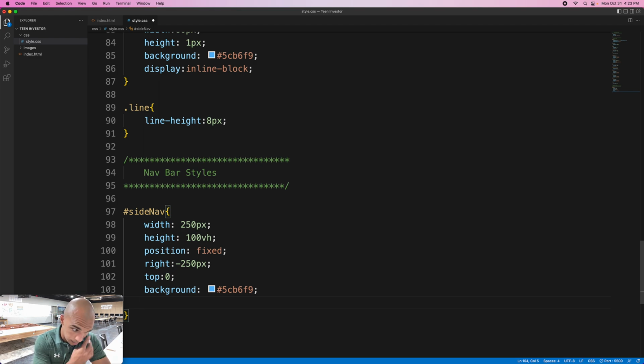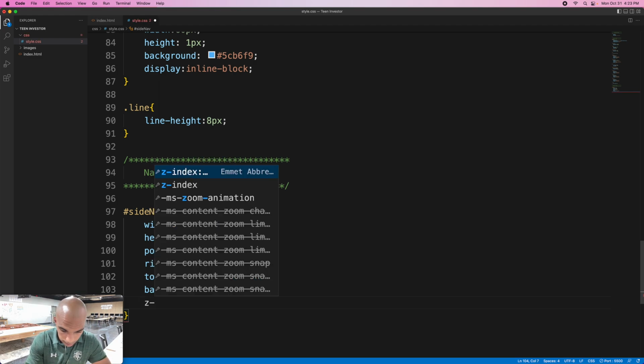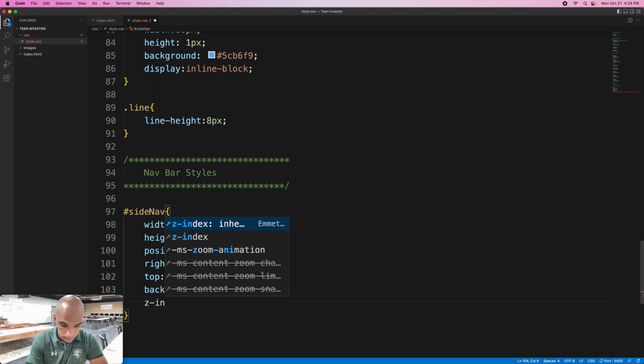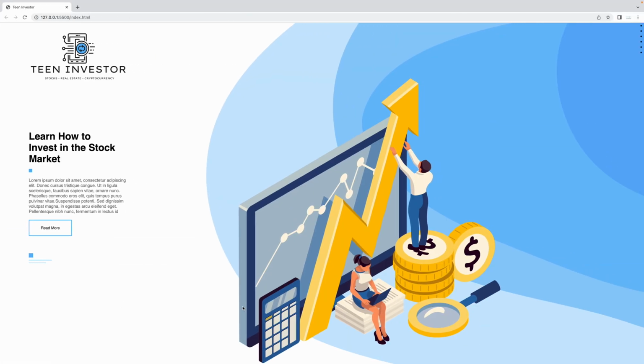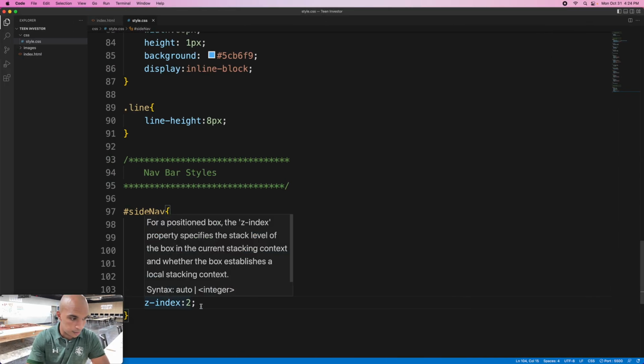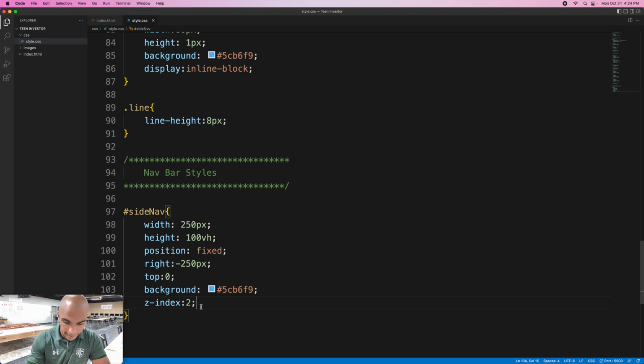Z index is like, say if your website has layers, and you know, like on Word where it's like bring to front or send to back, that's the Z index. Like what layer of your website is it? Semicolon. So we're gonna go Z index 2